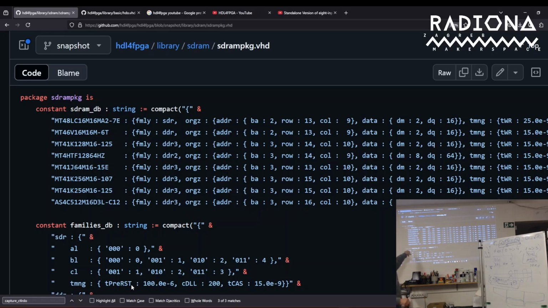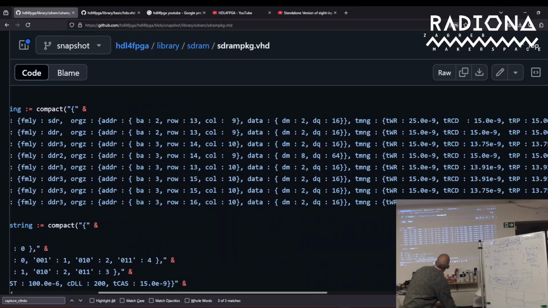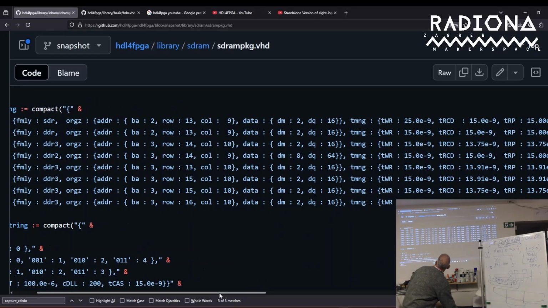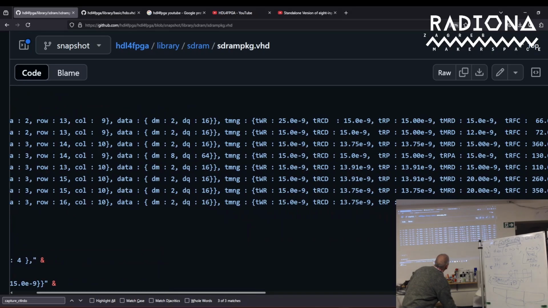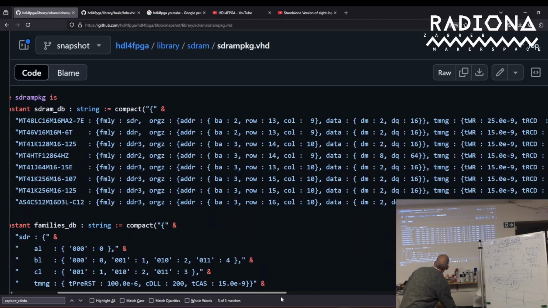But you can see that you have the family, the organization, address, bank address, row data, column data. Oh, wonderful. It has all the support in one place. Yep. So each